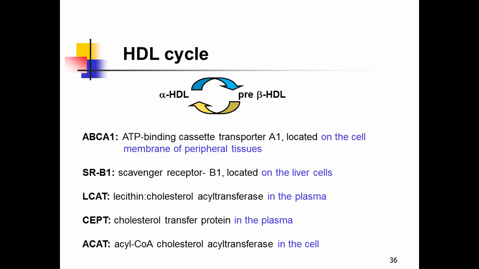So ABCA1 basically is located on the surface of the peripheral cells, right, to help load free cholesterol from peripheral cells onto the pre-beta HDL, right? And a second protein or receptor is called SRB1. SRB1, scavenger receptor B1, right? It's located on the liver cells. And this receptor is similar to the LDL receptor, right? The function is to pick up the